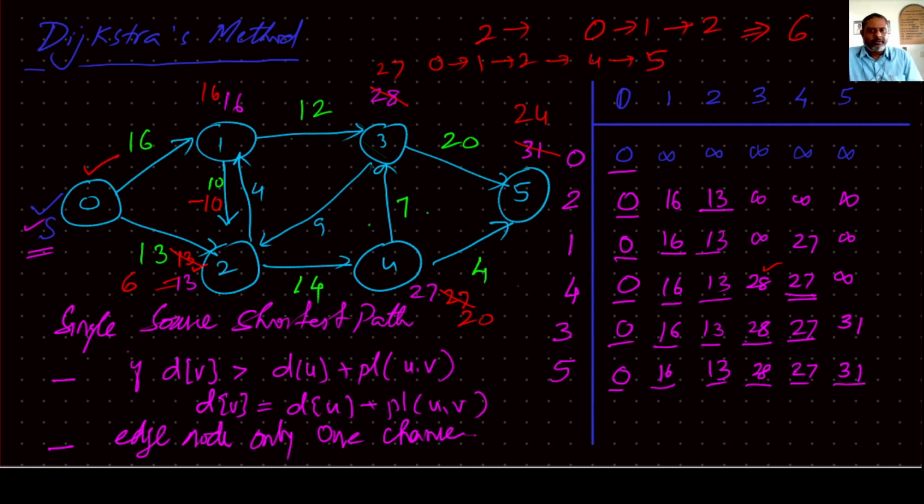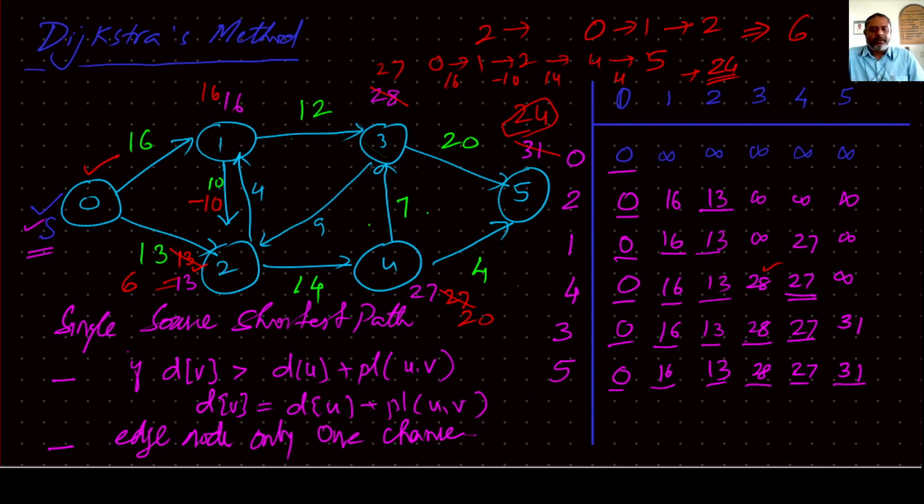So 0 to 1 is 16, 1 to 2 is minus 10, 2 to 4 is 14 and 4 to 5 is 4. So what is the total? 16 minus 10 is 6, plus 14 is 20, plus 4 is total 24. 24 would have been the correct answer instead of 31. But Dijkstra's method has not considered negative possibilities. Therefore, it said that once it is selected,